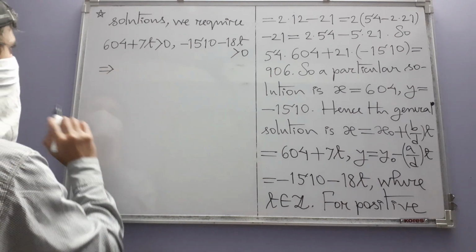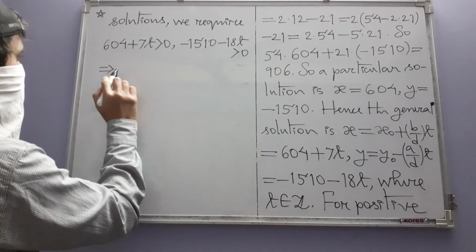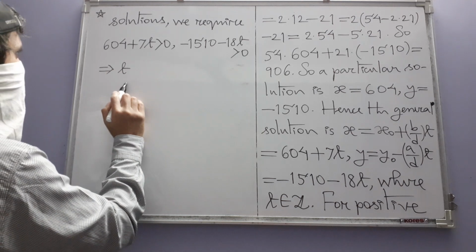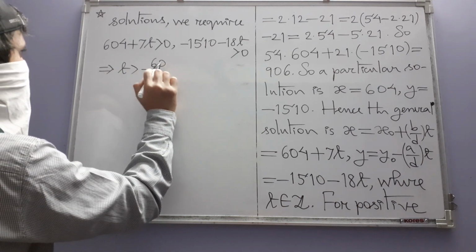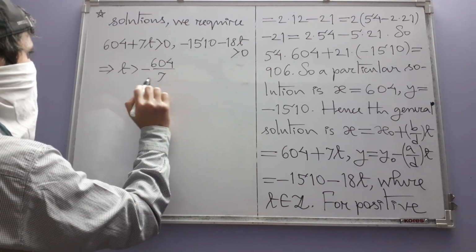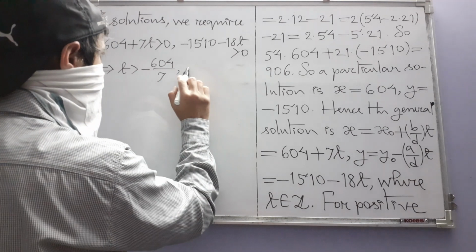Okay, so this one gives us, the first one gives us what? T greater than minus 604 divided by 7, and